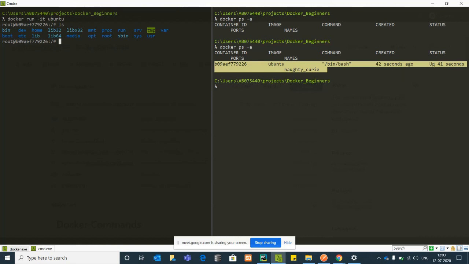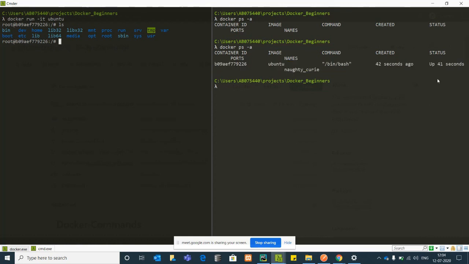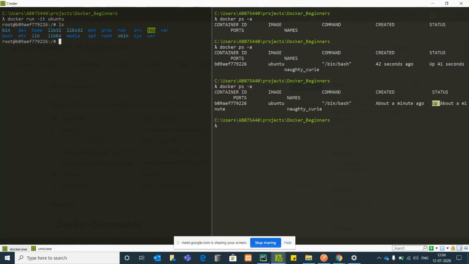When we gave the sleep command, that time the process was allotted to it for 20 seconds, and it got exited later on. But now here you can see when you check docker ps -a, it is still in running mode, about a minute ago.